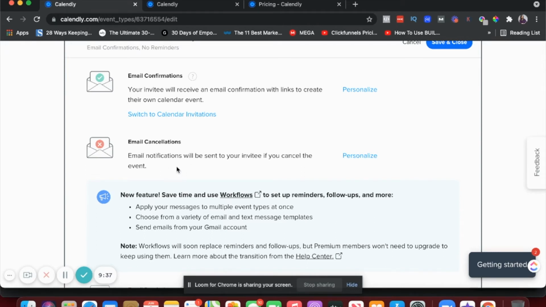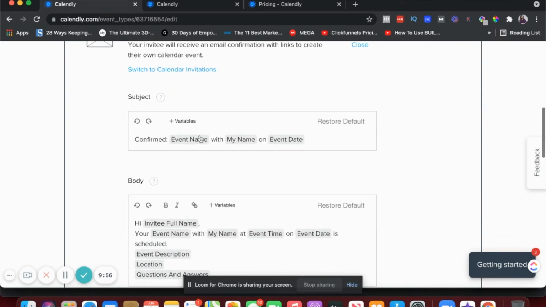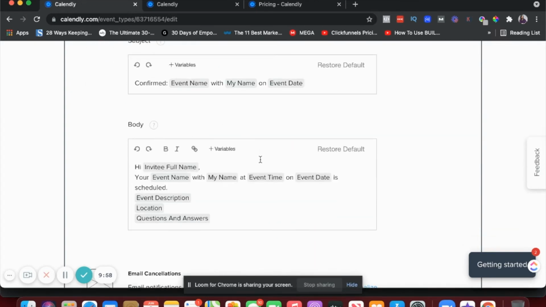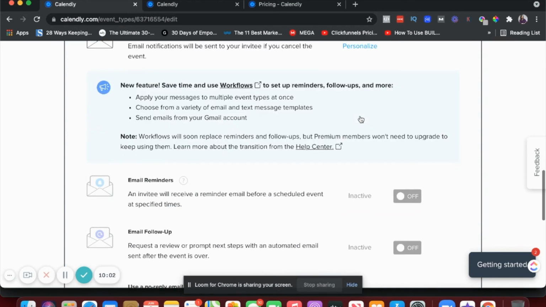So if someone cancels, they'll receive the confirmation that their call has been cancelled, or if they book a call, they'll receive the confirmation email that says your call has been confirmed and stuff like that. So you can edit that email here. And same with the cancellation email, you can personalize that email here.